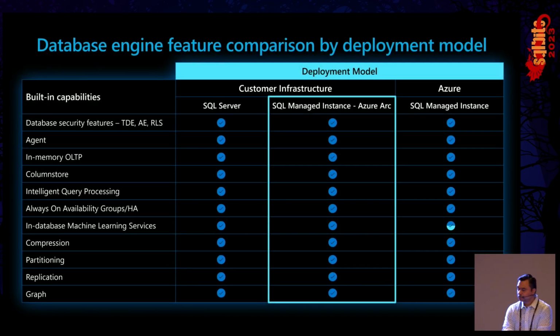Yep. So you probably saw this in Woody's session yesterday. What I have here is a comparison of the different SQL engine capabilities and a matrix of SQL Server on-prem, Arc SQL MI in the middle, and Azure SQL MI on the right. The point here is it's the same SQL engine. There's no difference, right? Back to your question. Ignore the machine learning services, but other than that, all the enterprise features that you use today in your SQL Server are available regardless of which flavor of SQL you use, right? Where you will start seeing differences is